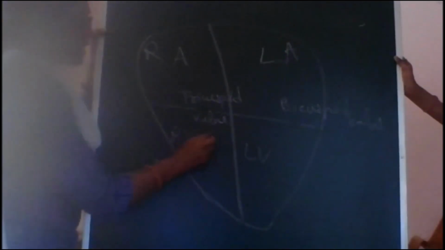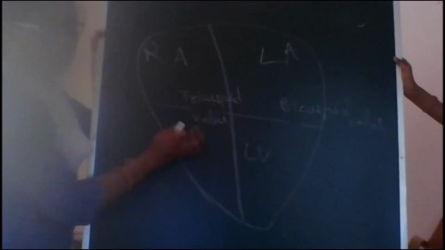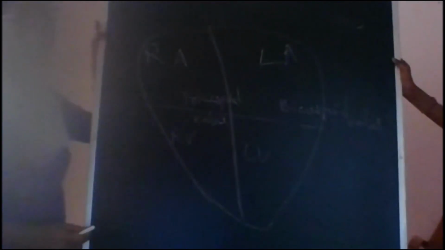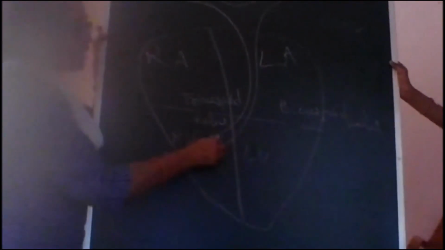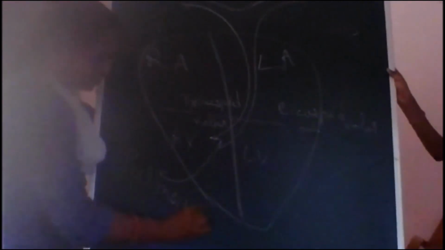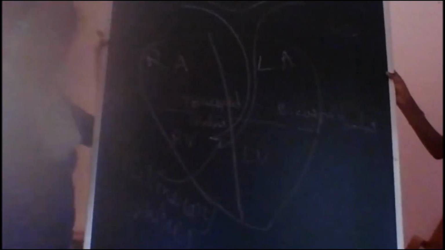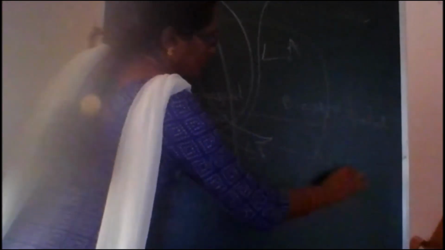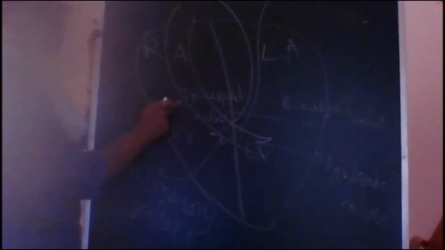Next, at the origin, from the right ventricle, what originates? Pulmonary aorta, which will take the blood to the lungs. So from here, you'll have a valve as well. Next, in the left ventricle, systemic aorta. Here we are going to have systemic valves. So these 4 valves you have to understand now. 4 valves in the heart: tricuspid valve, bicuspid valve, pulmonary valves, systemic valves.